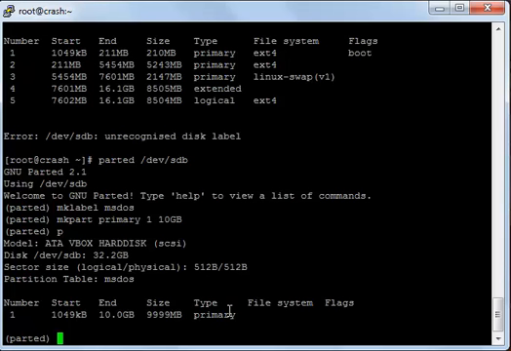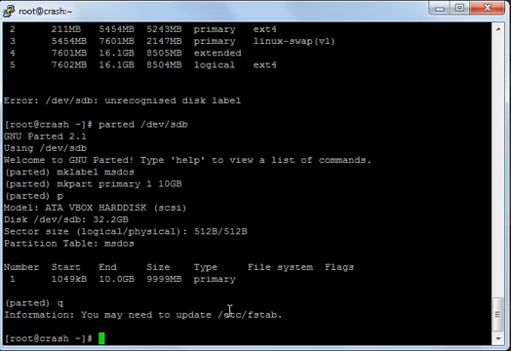but first I will quit the parted utility by pressing Q and enter, and I will type this command now, mke2fs -t ext4 -j /dev/sdb1, and here I have typed 1. 1 refers to partition 1 that I am making here,